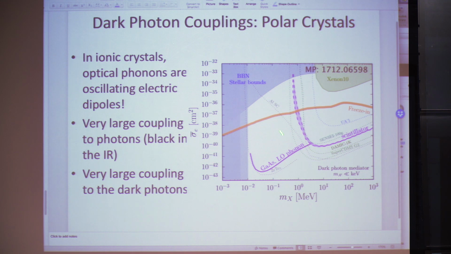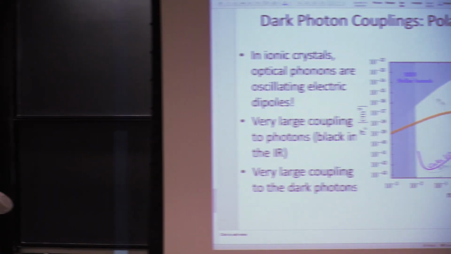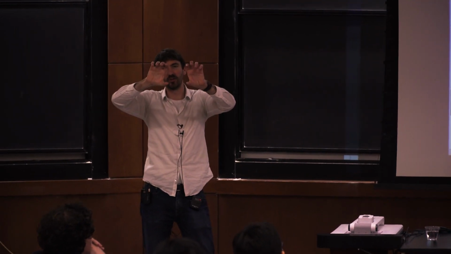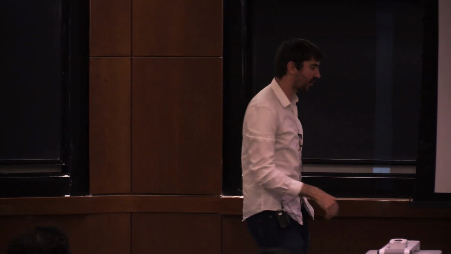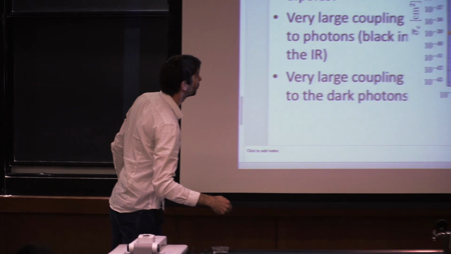This is such a great curve. And why is this curve down there so low? That's only because of polar crystals. So when I think of a polar crystal, I have an ionic crystal, right? I have sodium. I have salt, which is sodium chloride. So I have a plus and a minus. These vibrations that we are seeing, these two branches,